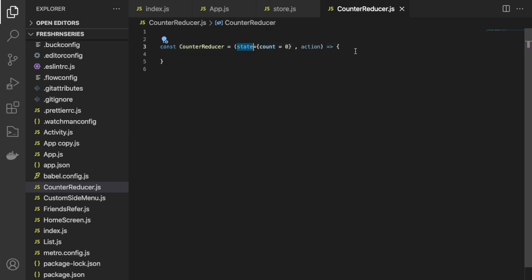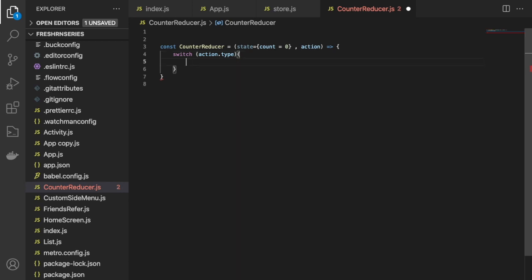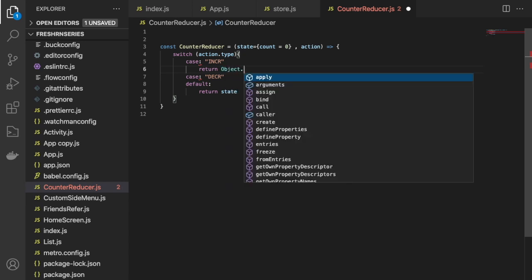Under this function we have to create a switch and case. Under switch we'll get the action.type, and on the basis of type only we will do some operation. So if the case matches, we have to return Object.assign.